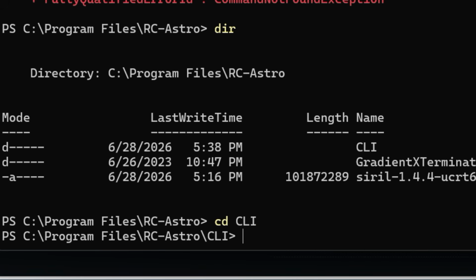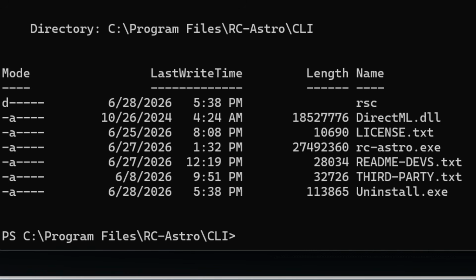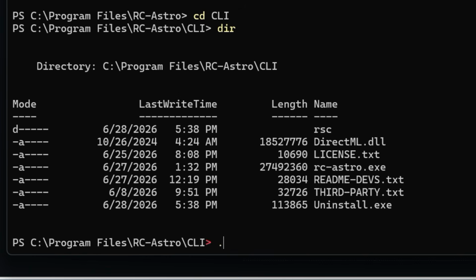Press enter. Okay, and now I am going to type directory, press enter. Here it is, the RC Astro executable. Okay, now that I finally found the folder, I am going to type exactly this: dot